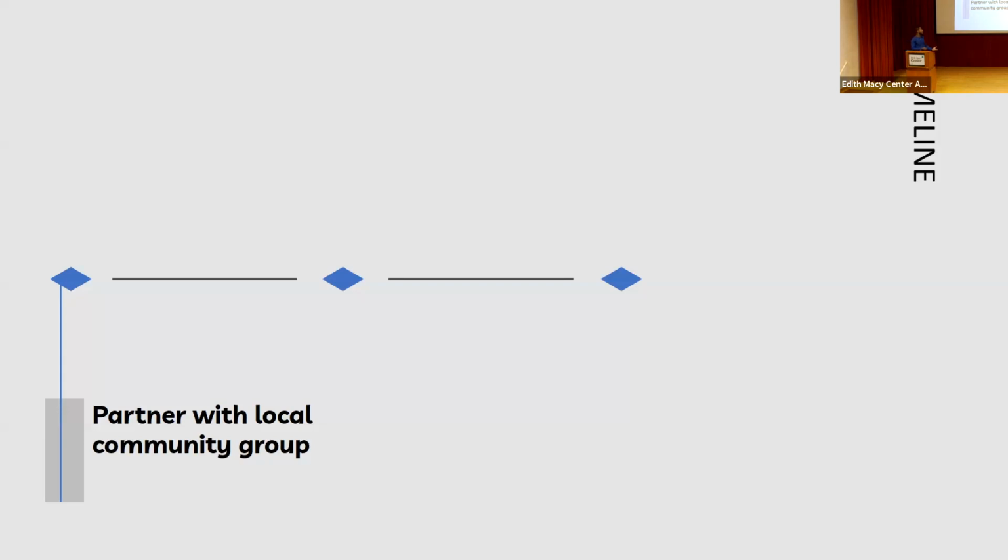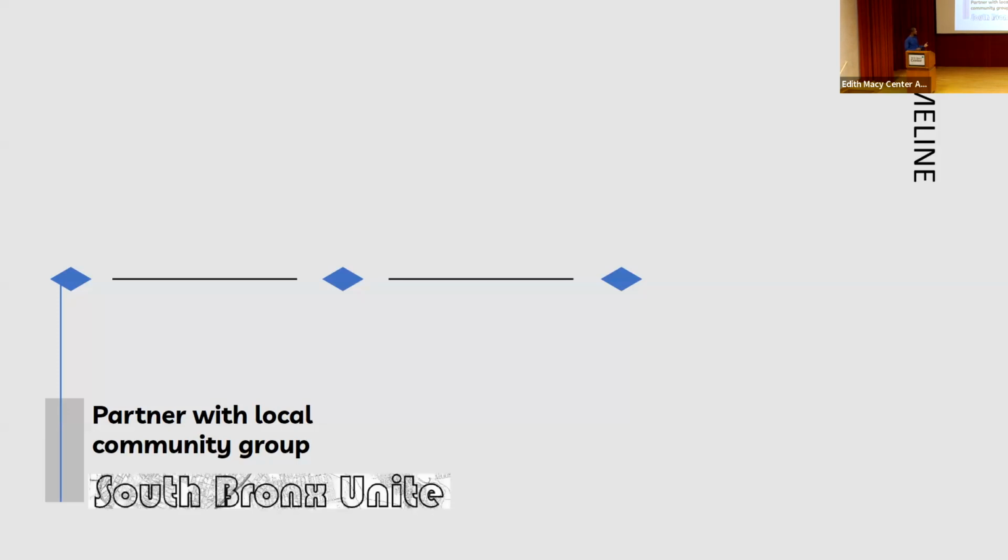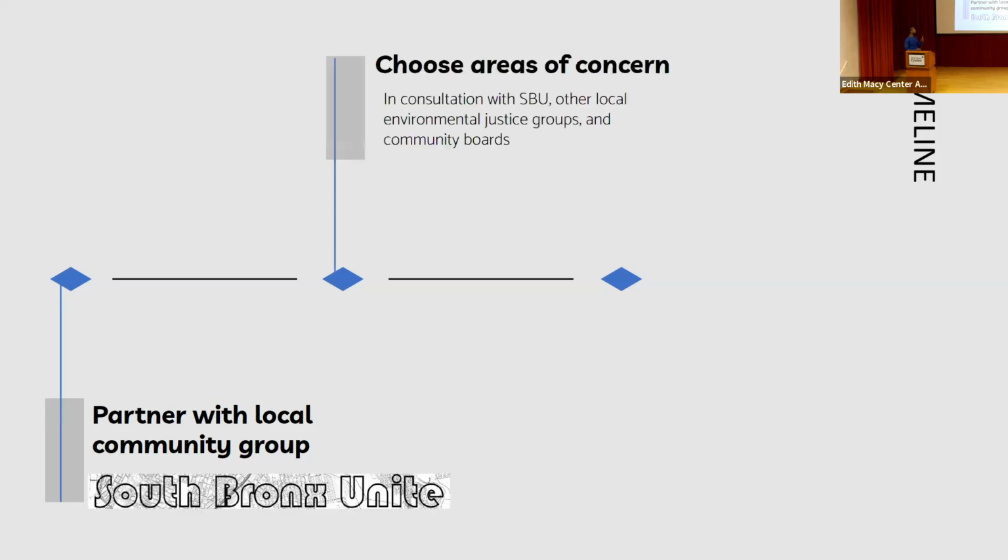I reached out to a colleague, Liv Yoon, who's a postdoc, now faculty at University of British Columbia. And she had a relationship with an organization called South Bronx Unite, which actually focuses on air quality. Because she already had that relationship, we started talking to them about what the project could look like. So again, before we submit the proposal, before we scope the project, we found a community partner. So this is important to remember.